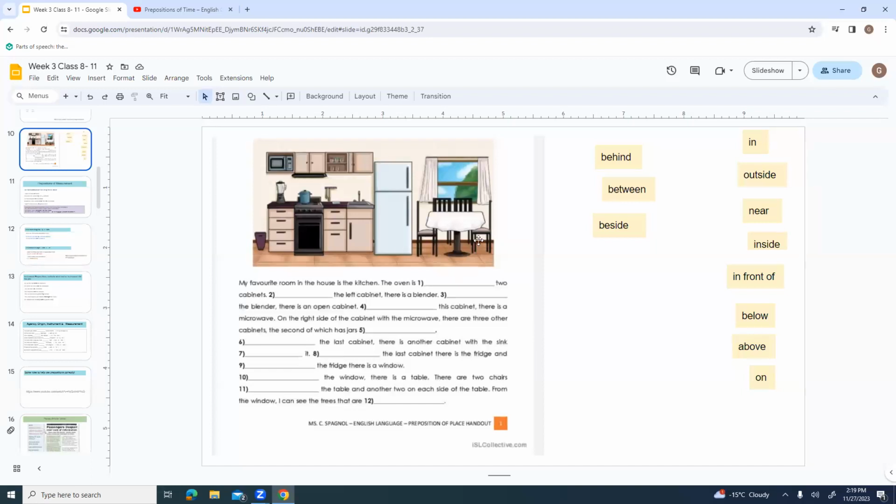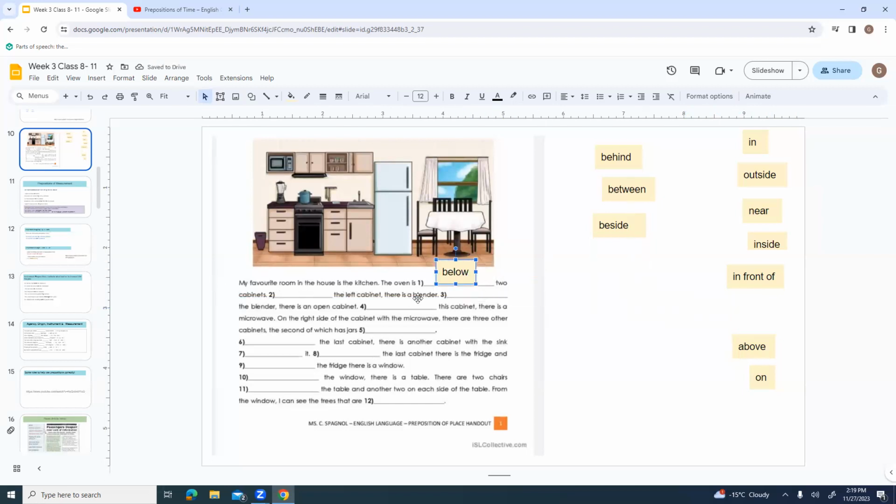This one there's a few things where, again, more than one could be a correct answer, okay? So always in this case, you just choose one that you think is best. You don't have to get too caught up in whether it's the only correct answer. If it makes sense, that's fine. My favorite room in the house is the kitchen. The oven is something, 2 cabinets. So the oven, 2 cabinets is here. You could say between 2 cabinets, but I think I would say underneath if they have it. Below will work. Just can I move it? Yep, okay. Below 2 cabinets.